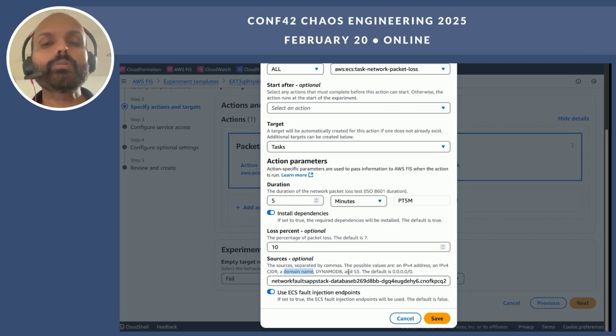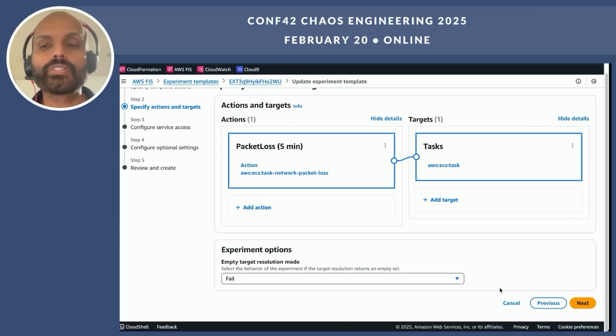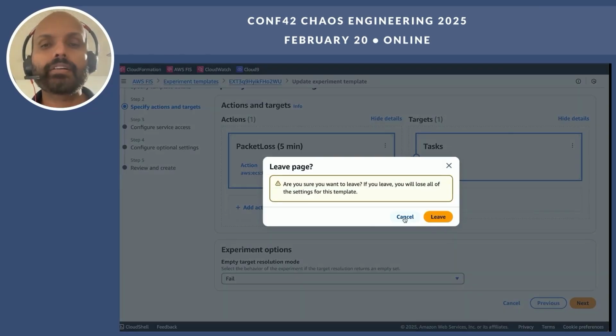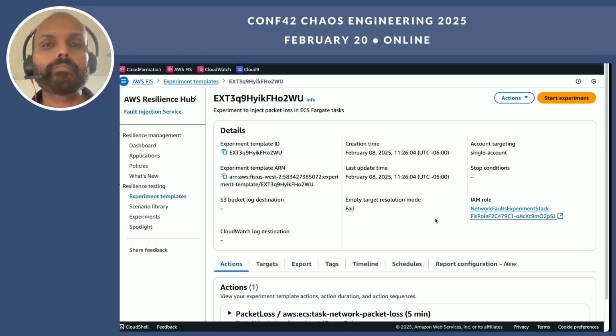What that would do is inject latency or packet loss into that particular network path. That will help you test and validate any potential network faults that can happen with those third-party dependencies as well. So let me cancel out the packet loss experiment template.